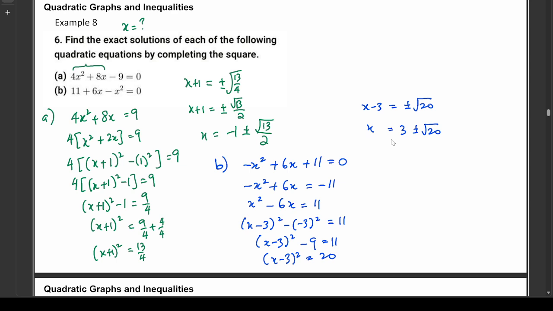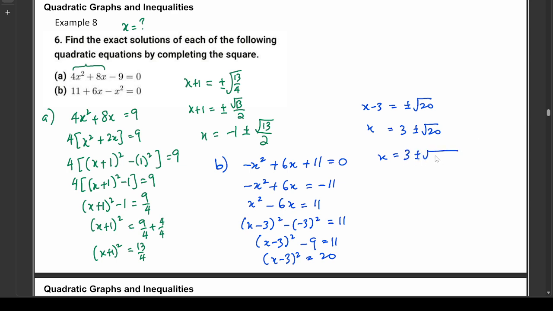And you will have two answers, positive and negative, and the square root 20 can be further simplified, right? Because we can break down into the factors. One of the factors is 4. When you square root 4, you can get an integer, a positive integer. So that means square root 20 you can simplify,